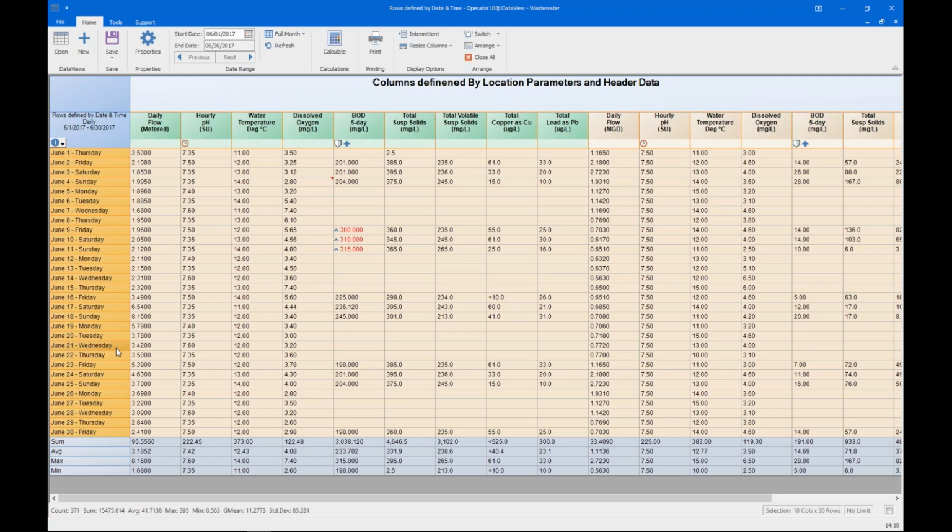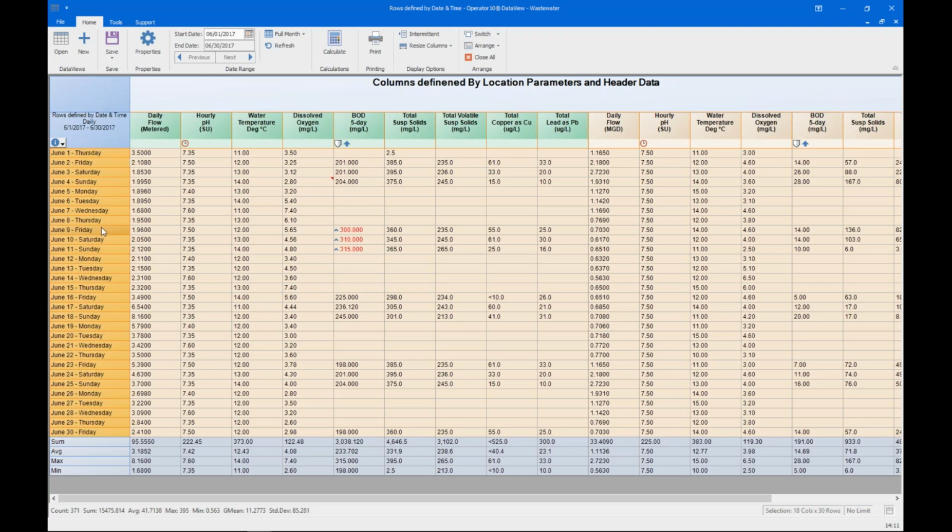It's important to understand that as we create different data view types, you may also start to see time values attached to your day. And that's for hourly location parameters, and we'll be looking at that here shortly. So it's important to understand that the display type will change based on the data view type, and this can also be modified in properties, so we'll be able to explore how you can modify what date and time is